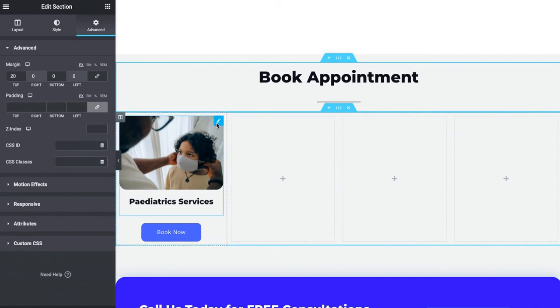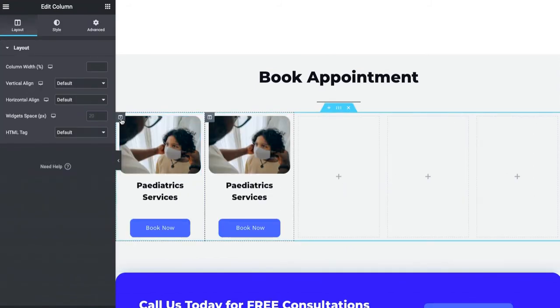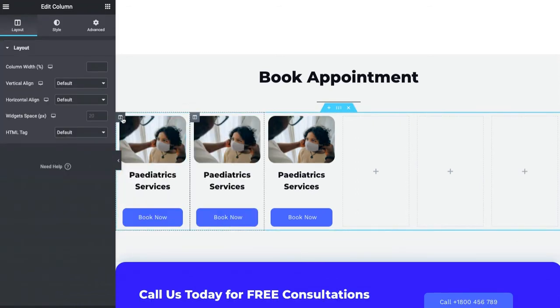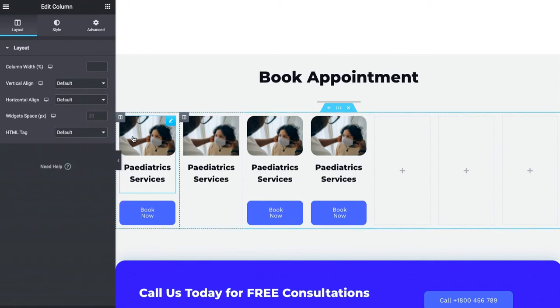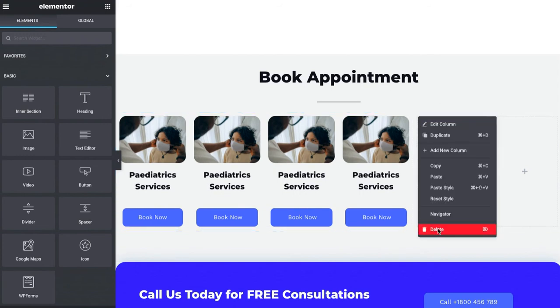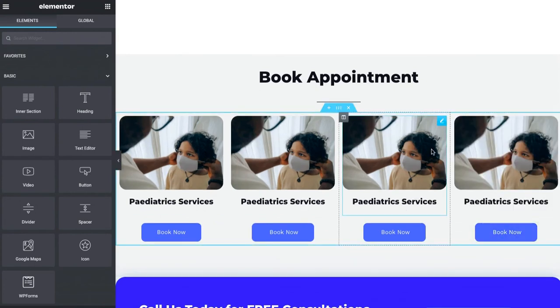So we duplicate it 3 times: 1, 2, and 3, and then we delete these ones: 1, 2, and 3. Okay, so now that we have our services duplicated 3 times, what we have to do is